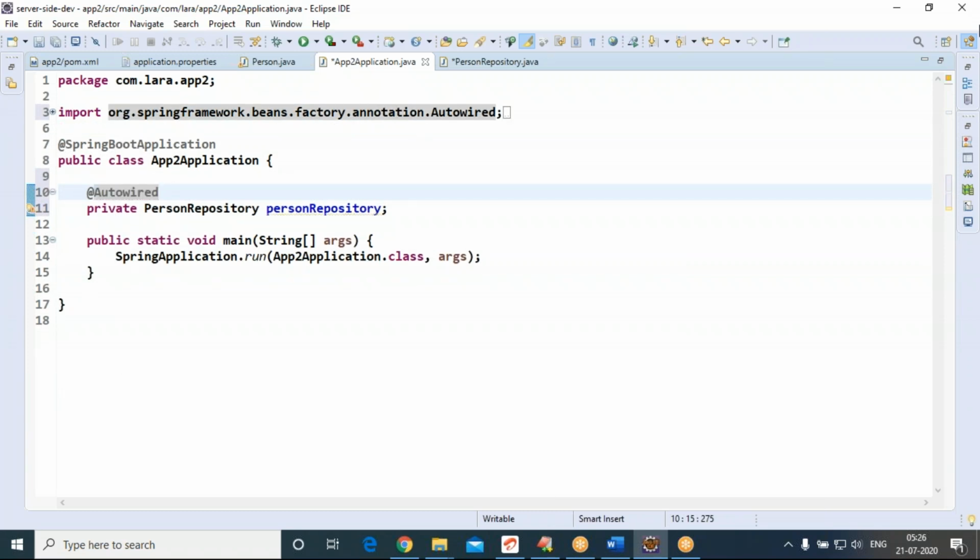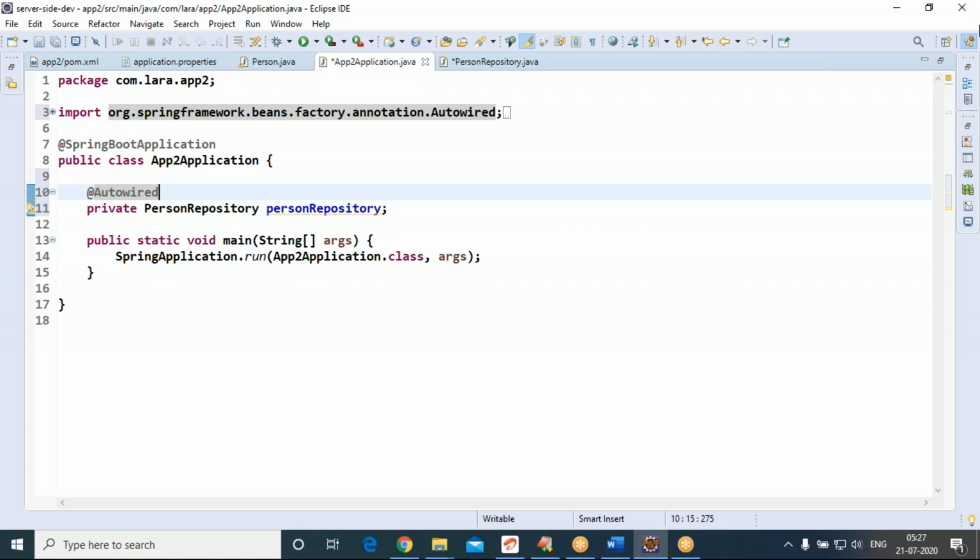You have to go for @Autowired. On top of person repository, if you provide @Autowired, then automatically the object will be provided by the framework.